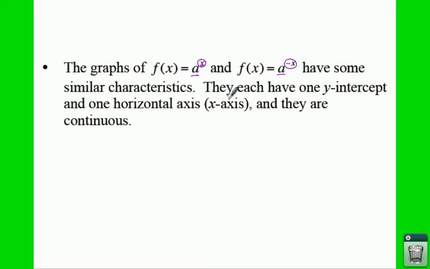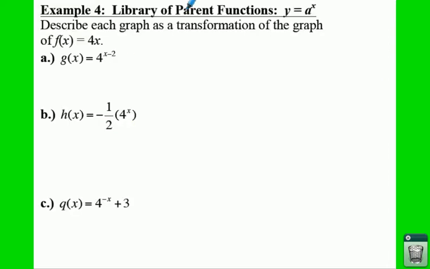So they do have a couple of things in common where they have one y-intercept, and those were both at (0, 1) in this case, and they had the same horizontal axis, which could be shifted up or down, but not quite. And then they're going to be a continuous graph. So continuous means that you're not going to be picking your pencil up to graph another part of your line somewhere else. So if we go to example 4 here,